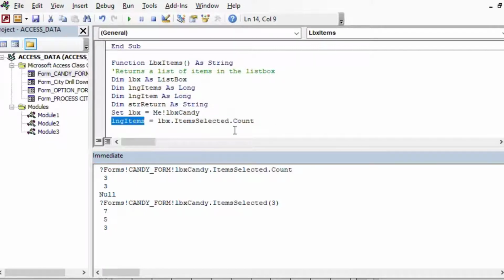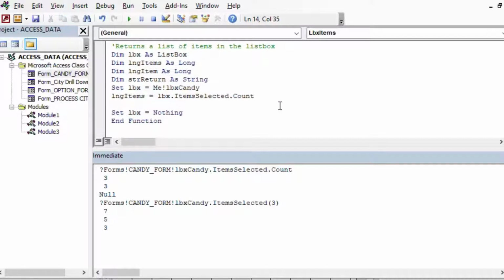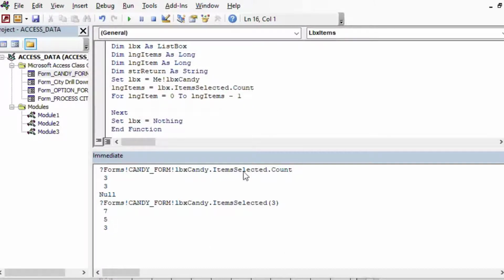And then once we have that, we can cycle through all of the items and stop at the end just like we wanted. So in order to do that, we will do a For Next loop. We'll say For lngItem equal to 0 to the count minus 1. Remember, as we showed down below, the count gives back the numeric count, but the actual position is 0 based, and so you have to say 0 to lngItems minus 1. And